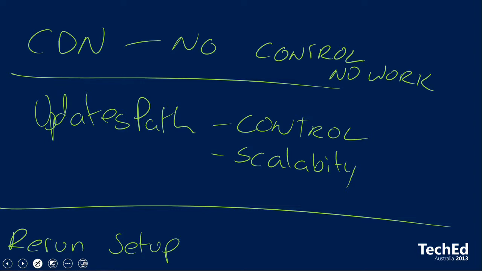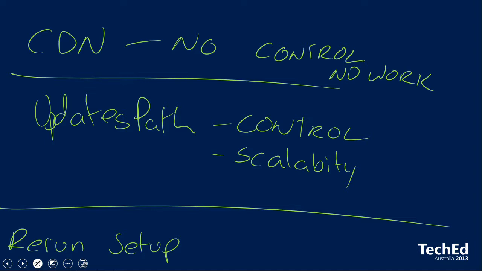So the rerun setup method is the only one that we haven't explained yet. In this method, when we do the initial Office 365 Pro Plus build, we specify that updates should be turned off completely. Mr. Office 365 update service, do nothing. Never try and update yourself from anywhere, ever, nothing. Then what we do is we rerun the setup.exe program with new builds as we want them to be pushed